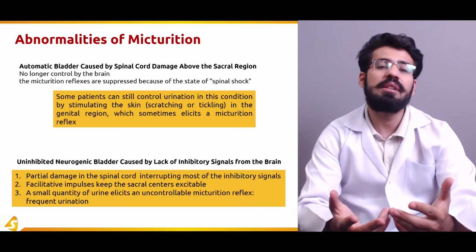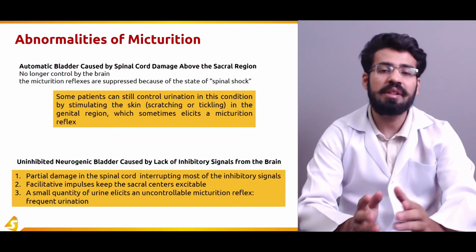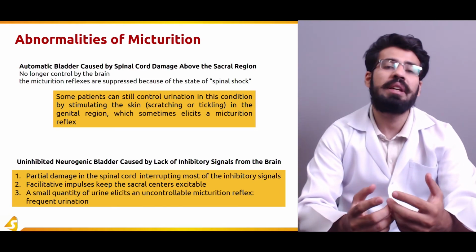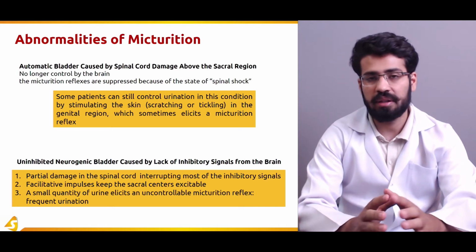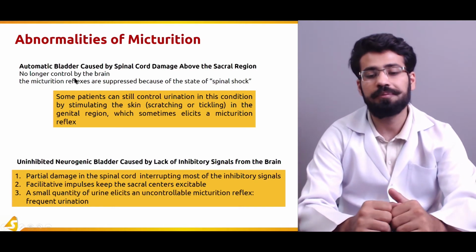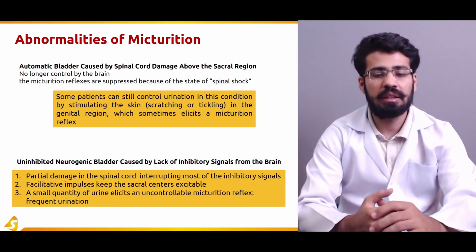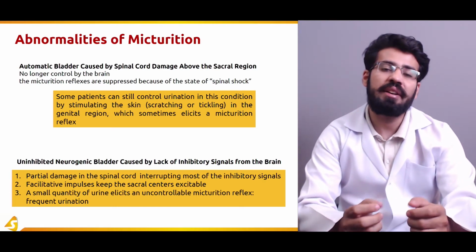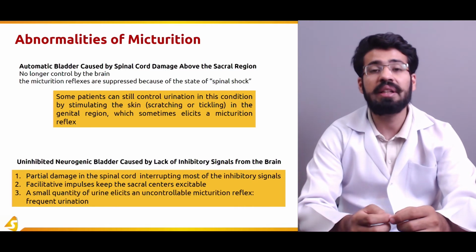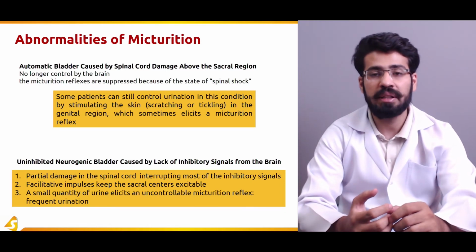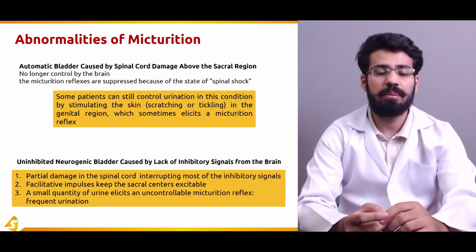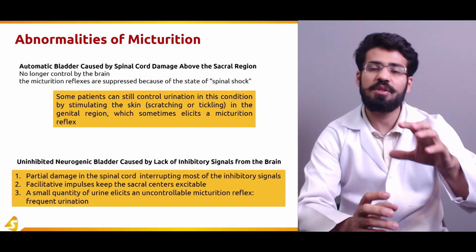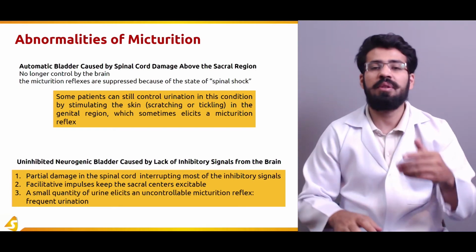When the inhibitory signals are interrupted, the facilitative signals will of course be generated, and they will be excitatory. When the excitatory signals are given, the facilitative impulses will go towards the bladder. This will cause even a small quantity of urine present in the bladder to produce the